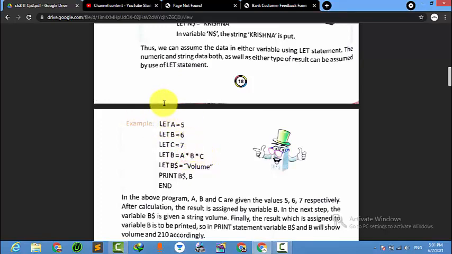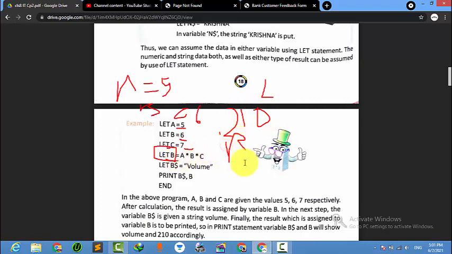Let a be 5, b be 6, c be 7. Then let b equal a into b into c. So 5 into 6 is 30, 30 into 7 is 210. Now b will have 210.